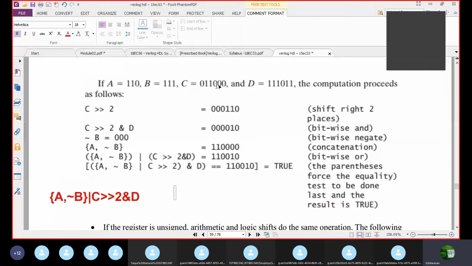Now, what do you need to do after the first shift? After the first shift, what is the value you'll get? Any answer? Right shift, so you have to shift towards the right. So I will put 0, after 0, 1, 1, 0, 0, 0. This is 0, 0 after the first shift. It's a total of 6 bits only, right? 6 bits only is there.